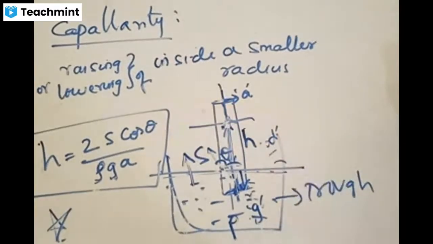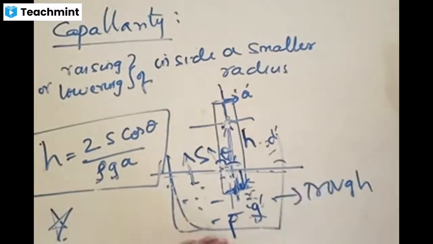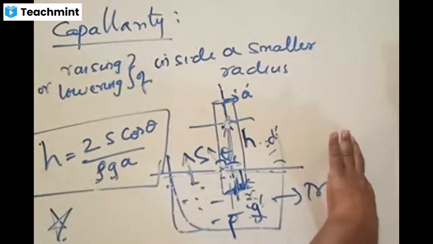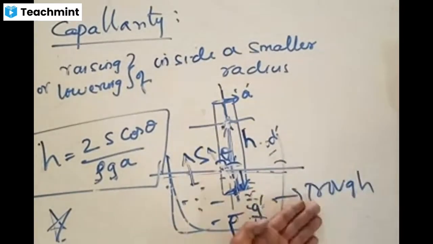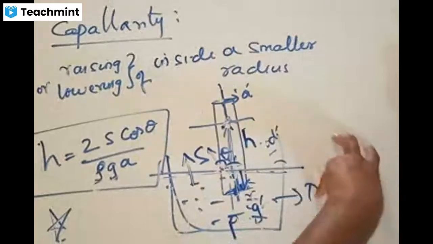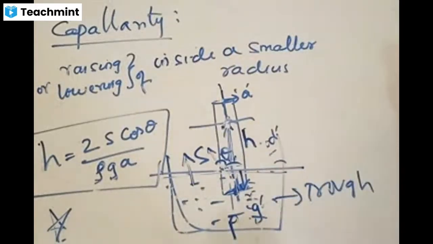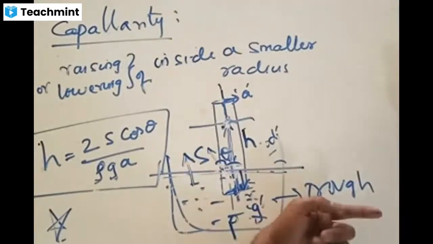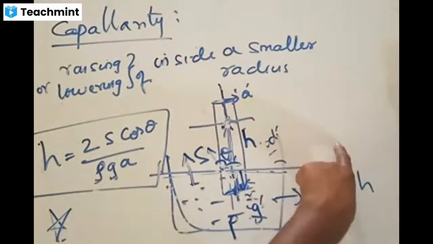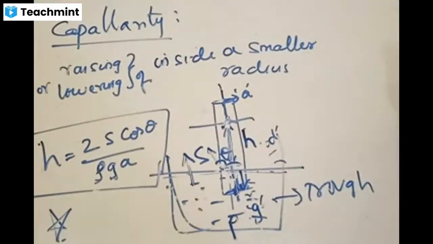It should have a surface tension which is lesser than the grease solution. The grease solution is also a liquid, so it also has some surface tension. Water has more, grease has less. When can the liquid enter? If the liquid you are using to wash the clothes has lesser surface tension than the grease, then it will enter. So addition of soap will do what? It will reduce the surface tension of the water. How much does it have to reduce? It has to reduce to a quantity similar to that of the dirt present.